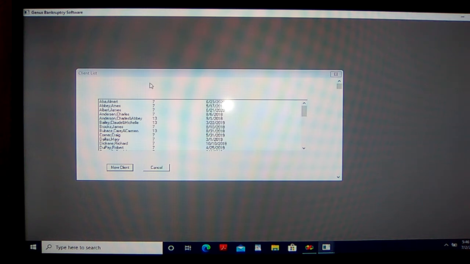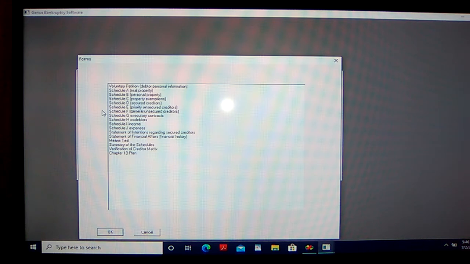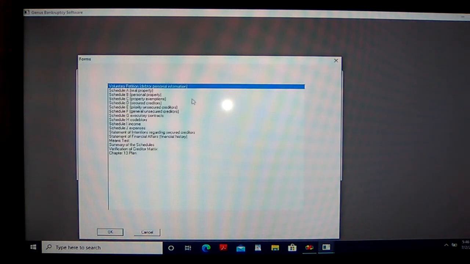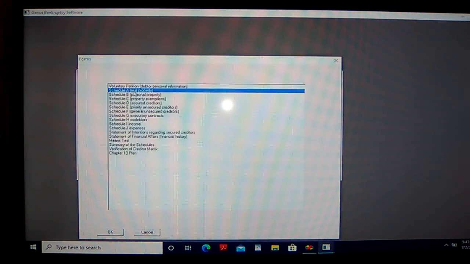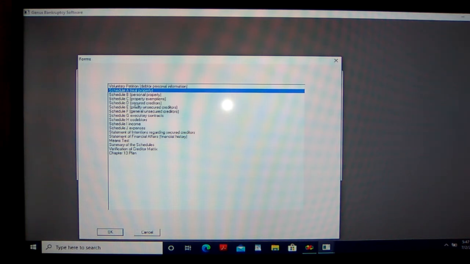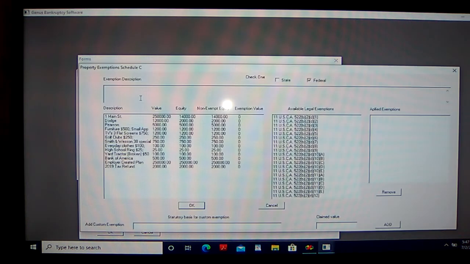So we're going to start with Schedule C. We'll go back to James Albert. And remember, we did the petition, we did Schedule A, we did Schedule B, and we did Schedule D. And so now we're going to do Schedule C, the exemptions in real and personal property,